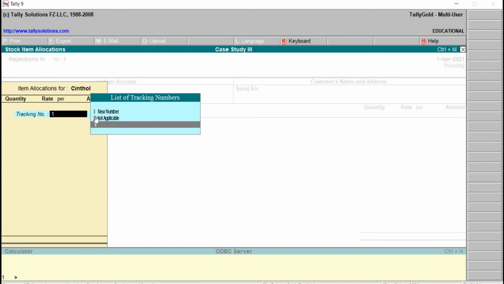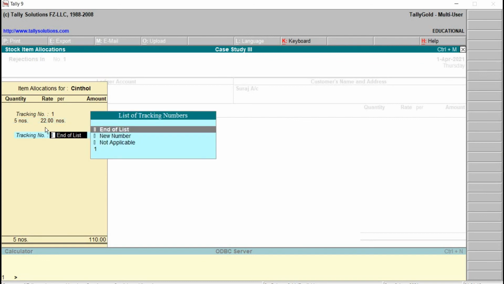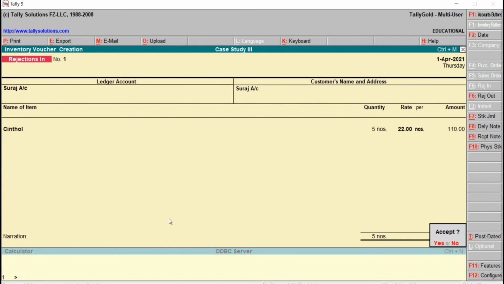Tracking number, this will track the sales voucher. Quantity is 5. Selling price will come automatically. Type the narration. State the reason. Okay. Then save, press Y from the keyboard.